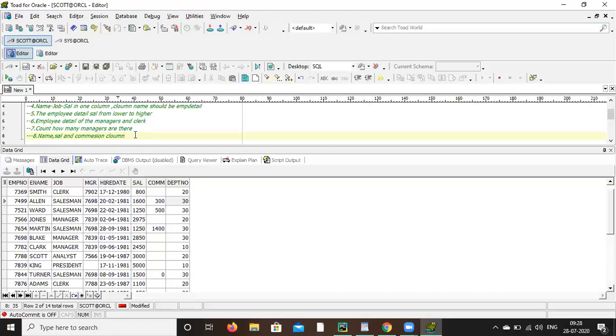I want name, salary, and commission columns already there, and one more derived column where derived column equals salary plus commission. And I want those records where commission doesn't have null values.